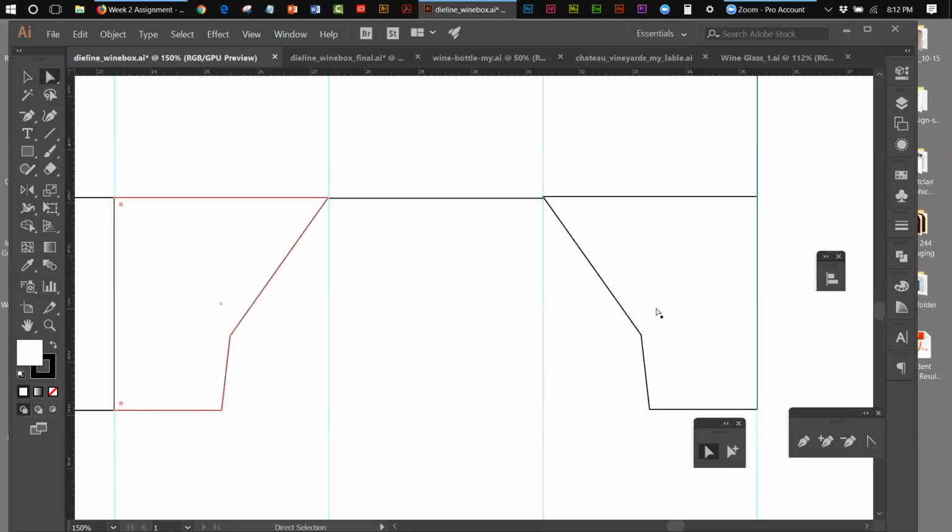I'm gonna hold the right arrow key and go it 3 or 4 times, just like that. And I'm gonna do the same thing over here with this one. I'm going to click on this guy, and I'm going to hold down the shift key, click on that one, hold the shift key down and click on that one, and go over this way about 4 times. And then I'm going to go to the top,